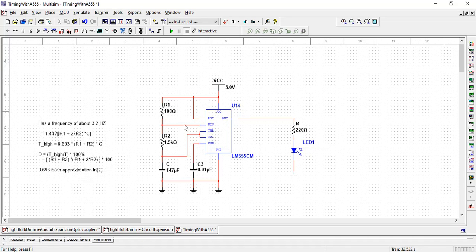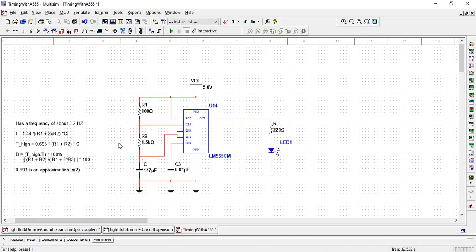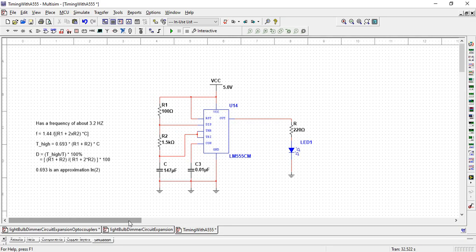Okay, so we have a 555 timer here. This configuration simulation here. So a 555 timer can basically be used to generate square waves. So it can sort of be used as an oscillator, so to speak. And just note the configuration here: VCC,